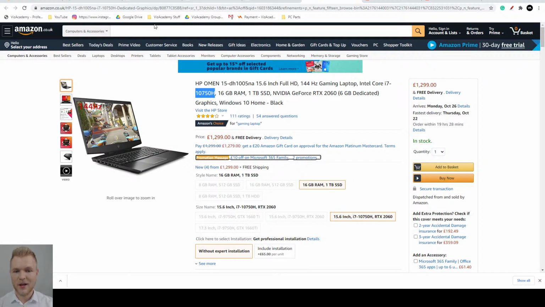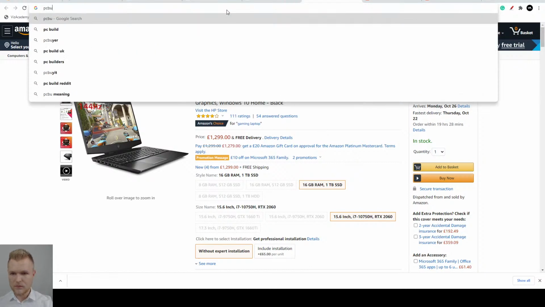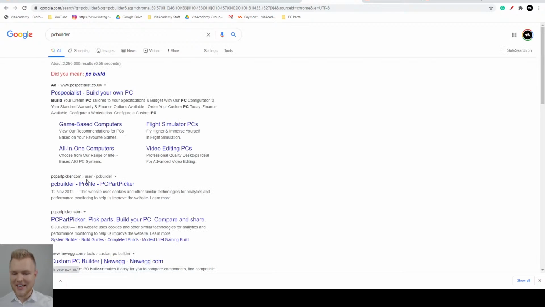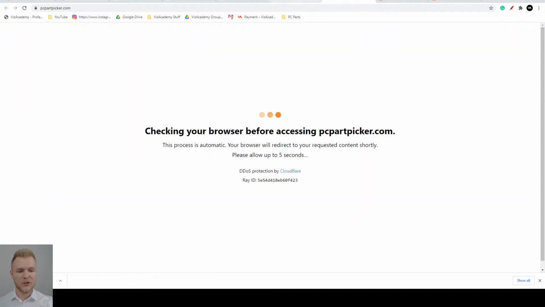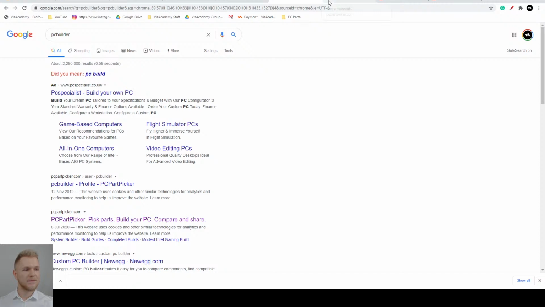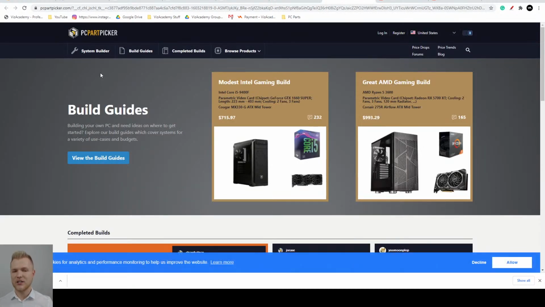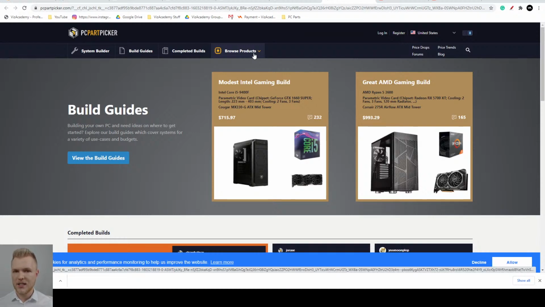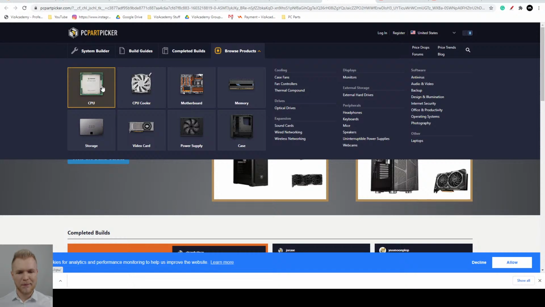So in summary, when you're going to be building your desktop, you need to know that you first start from the amount of RAM, you then go for the processor, and you can use sites like PCBuilder.com or pretty much any site that's going to be similar to this one. Pretty much any sort of website like this is going to give you PC building guides. It's going to show you all the components that work with it, but we're not going to be picking anything really,